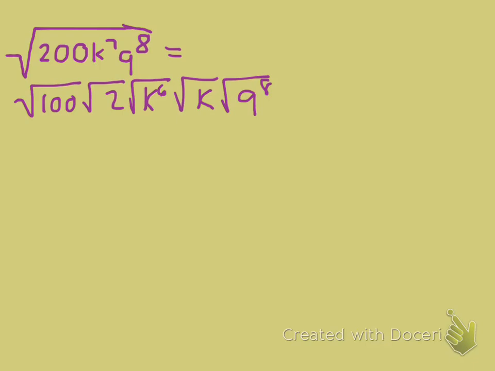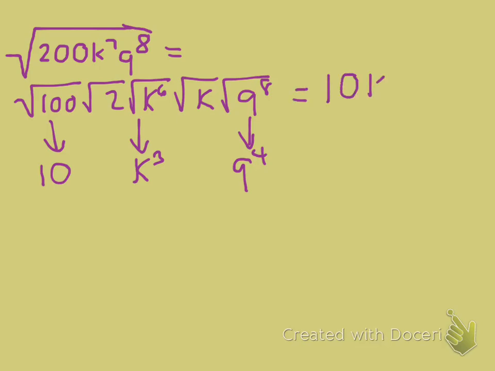And I didn't choose these things randomly, I chose all these factors because I knew that they could simplify. I know that root 100 is 10. I know that root k to the 6th is k cubed. And I know that the square root of q to the 8th is q to the 4th power. Then I have the 2 and the k hanging out for the ride. So this one would come out as 10 k cubed, q to the 4th,